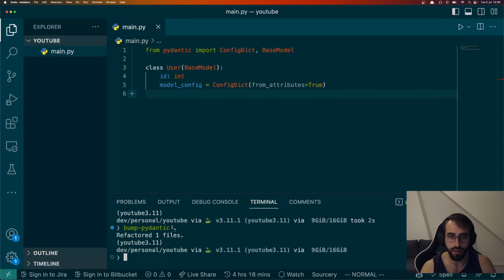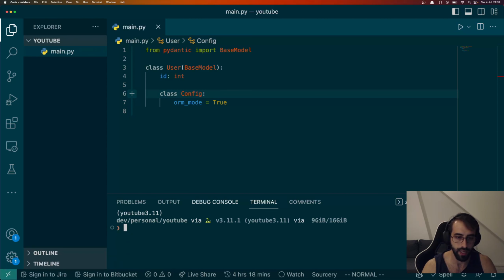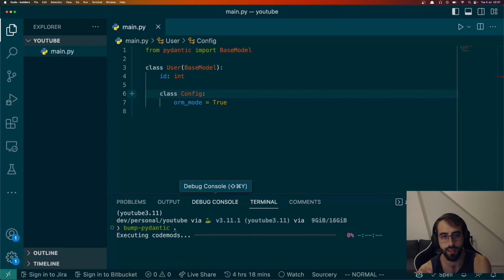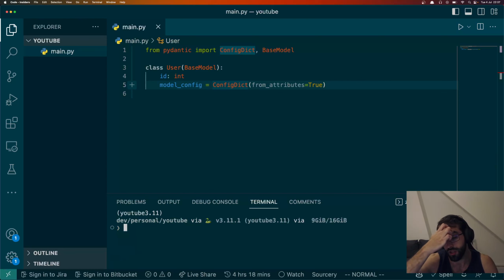What happened here is that we changed from the class Config to the model_config. This is one of the changes that happened from V1 to V2. If we see the previous code, this is the previous code, and if I run it again, I'm gonna see that it creates the model_config attribute with the ConfigDict. Perfect. There are other changes that bump Pydantic does, but